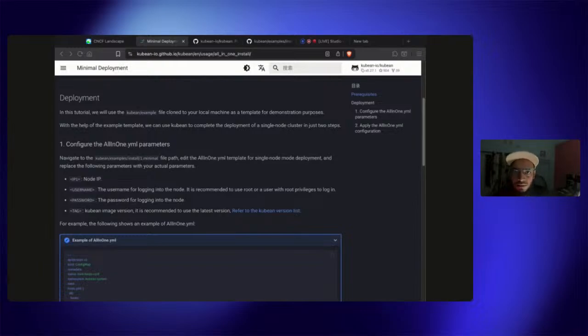This is something we need to modify, replacing these IP values with random ones, because I don't think I have Ansible installed, and this is related to Ansible. So for this demonstration,